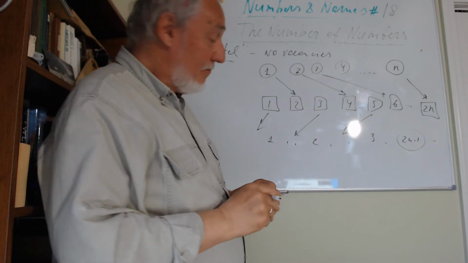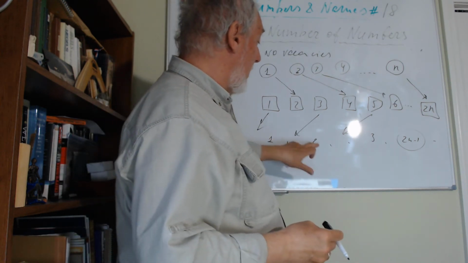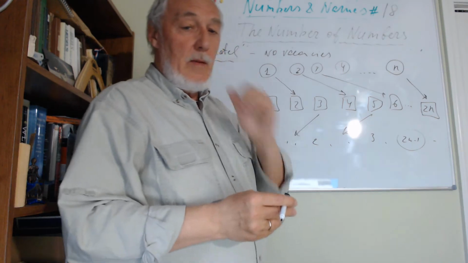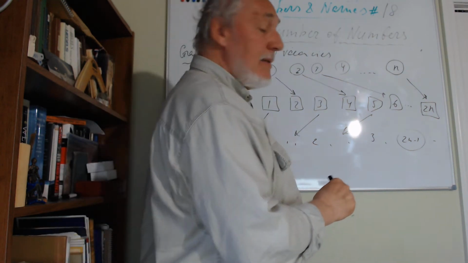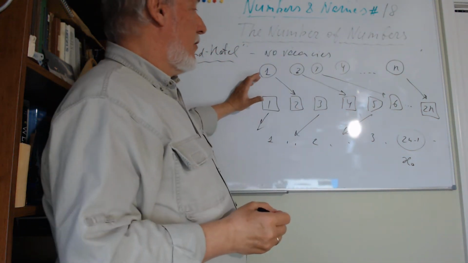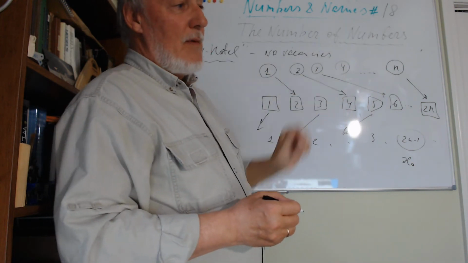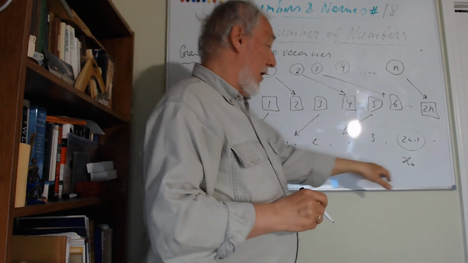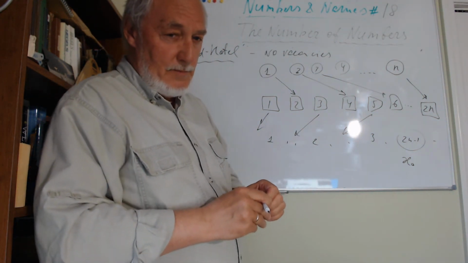So how many? Not n. Let's go to infinity. We can count this infinity: 1, 2, 3, and so on. Infinite. It's a countable thing, so again it's aleph null. Exactly, aleph null. So we had no vacancies before, then we make this weird move of all the people, and we have empty rooms, again aleph null, an infinite number.